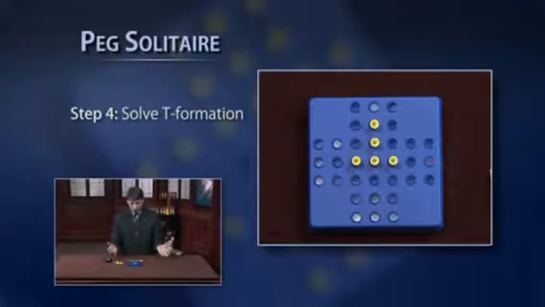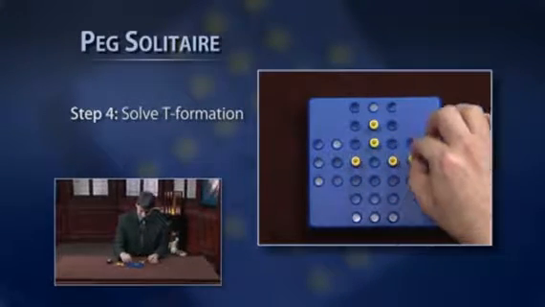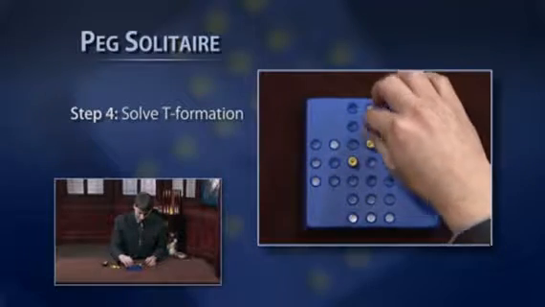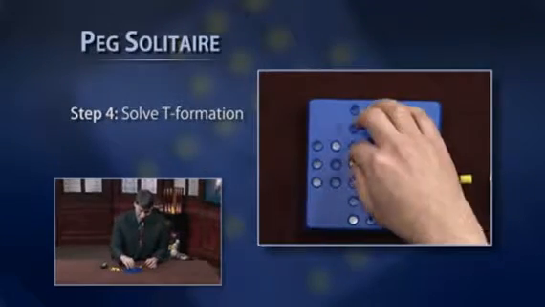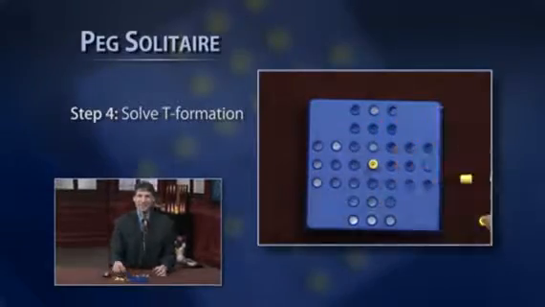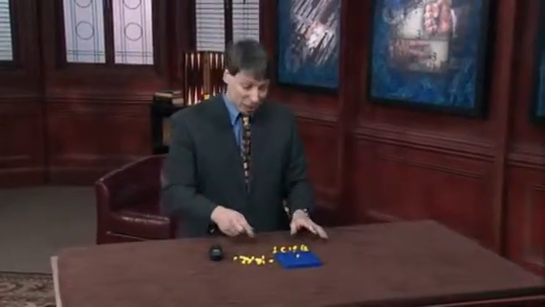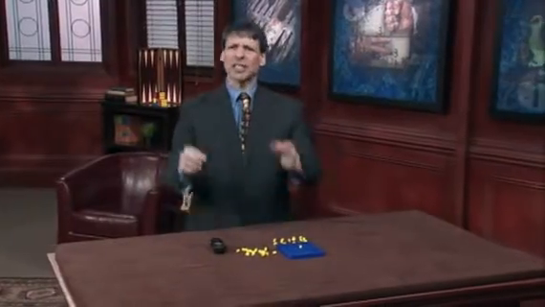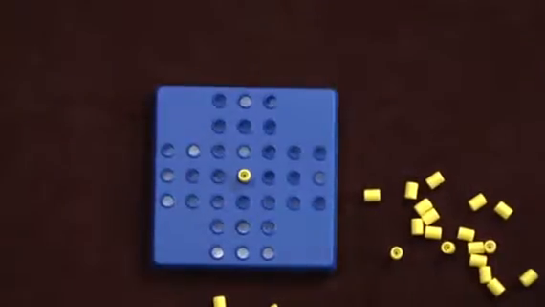And now the puzzle's pretty easy to solve, right? We jump this way, that way, this way, and we're done. Got it? You are now officially a genius. Curiously, as we're about to see, the middle square is practically the only place that a single peg can end